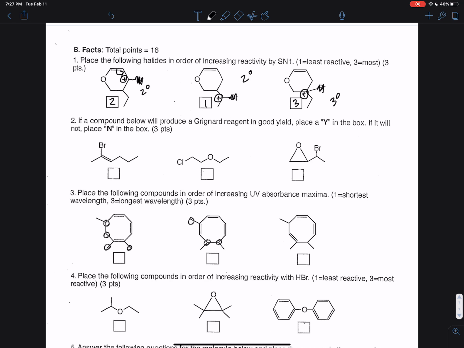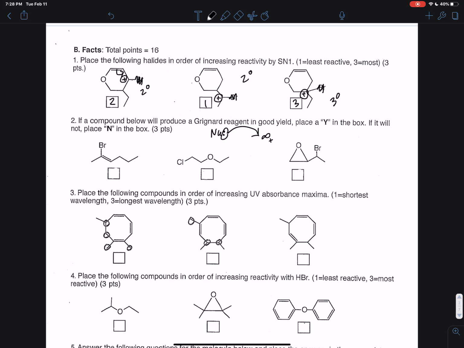If a compound below will produce a Grignard reagent in good yield, place a Y in the box, and if it will not, place an N in the box, okay? So our Grignard reagent is very important for forming those carbon-carbon bonds, right? So is a Grignard reagent a strong nucleophile or electrophile? Very, very strong nucleophile. So that's what you have to know. So a strong nucleophile, what's it going to react with? Something that is partially positive enough,